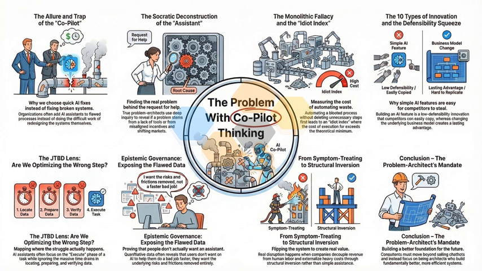Reject the reflex to layer on an intelligent assistant. Select one of these 3 structural paths to bypass the human execution bottleneck entirely. Making that selection snaps the final piece into place, completing the framework. By utilizing these levers, you decouple revenue growth from human headcount. Your OPEX, or operational expense, stops scaling linearly with your customer base, and you rewrite the economic rules of the industry. You now possess the fully completed structural inversion blueprint.